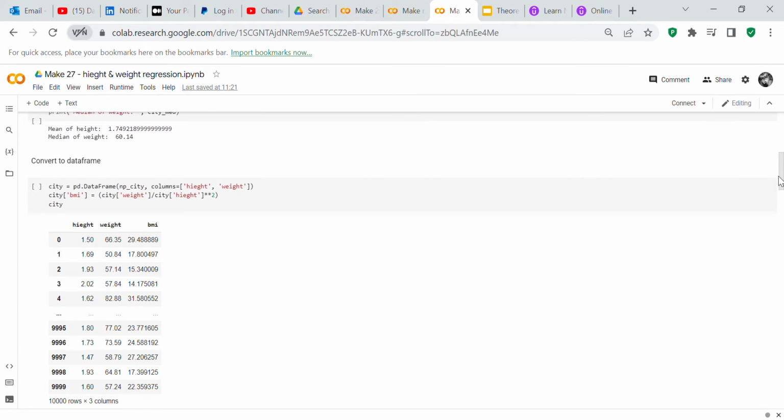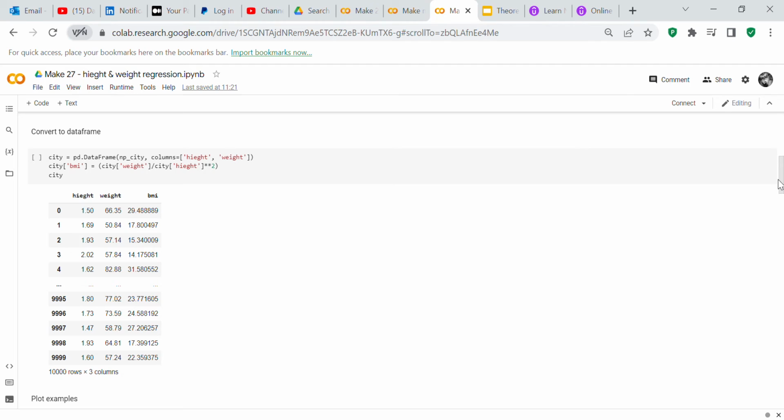So now we're going to take this, what really is the numpy array, and we're going to convert it to a data frame using pandas. So city equals pd.DataFrame brackets np_city comma columns equals square brackets height comma weight square